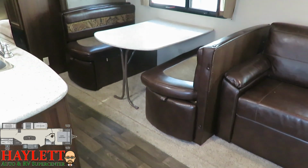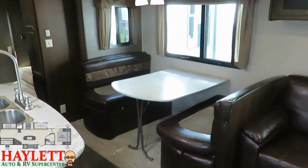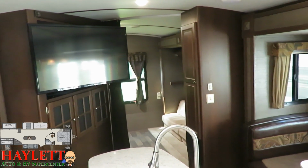You can also see those are drawers on the ends of those bench ends to be able to get to that storage, and the slide side window over here for that extra light and airflow is something that everybody welcomes. Now, the way that they utilize the entertainment center, and you can see that big TV pivots out for easy viewing in the living area,